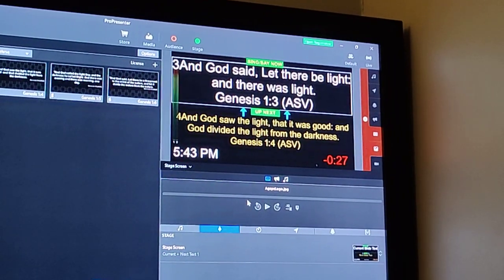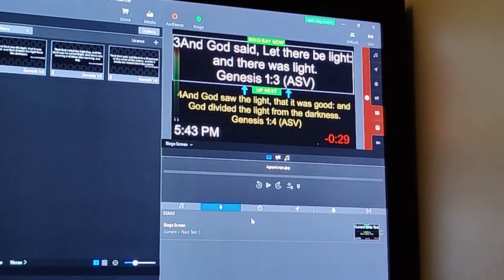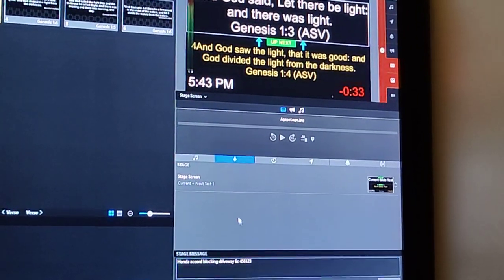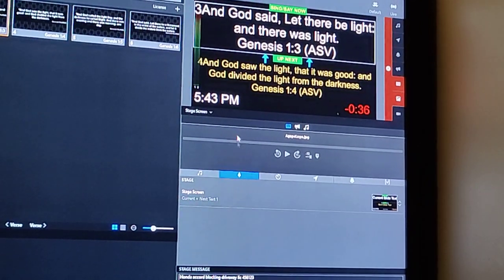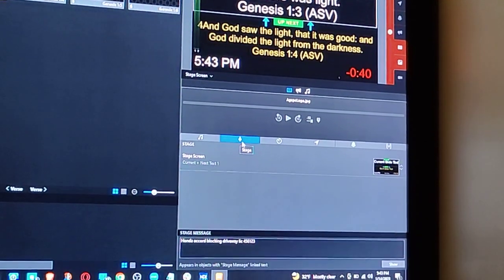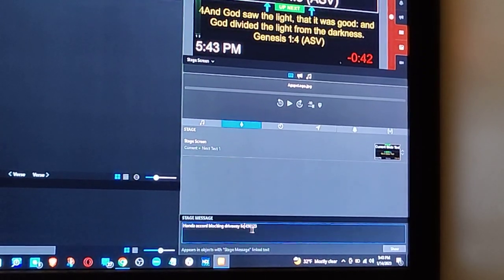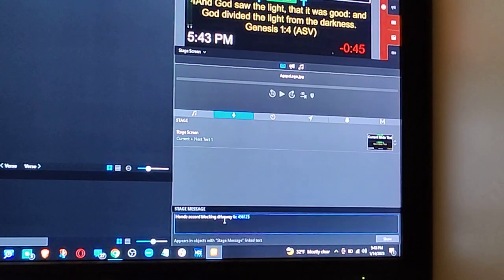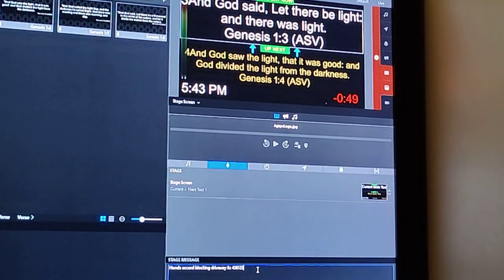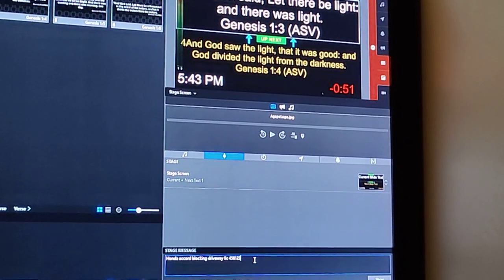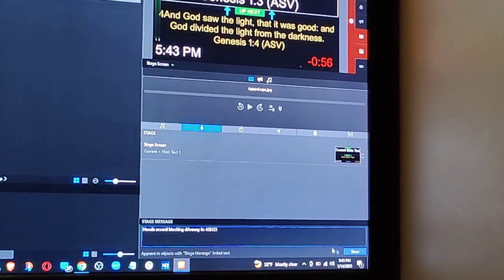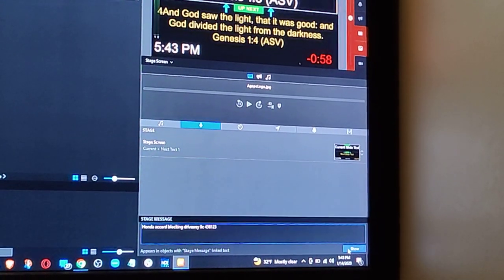Last thing I want to mention about the stage screen, really cool, for anyone doing announcements, let's say. Over here on the stage side, here's the stage screen. We have the stage layout box here, and then I can type in a message, which I already typed in here. So if there's something really super important that the person up on the platform needs to know, needs to communicate, we type in a message here, click the show button,